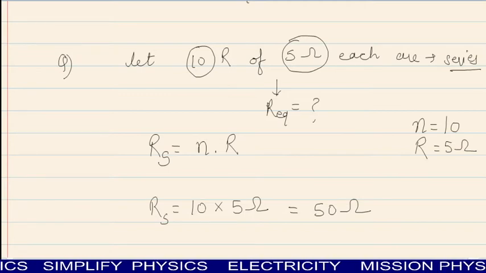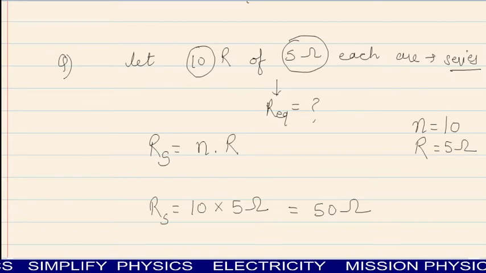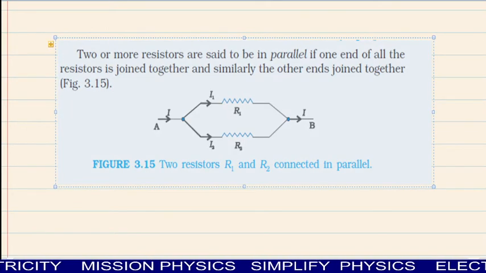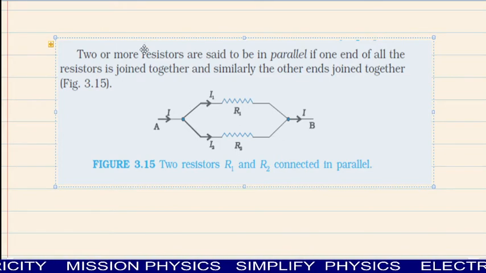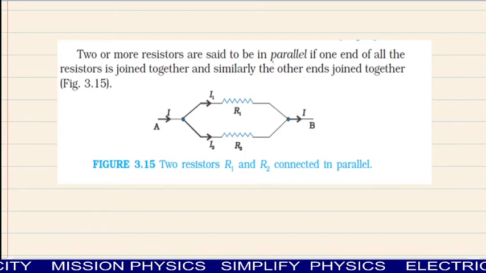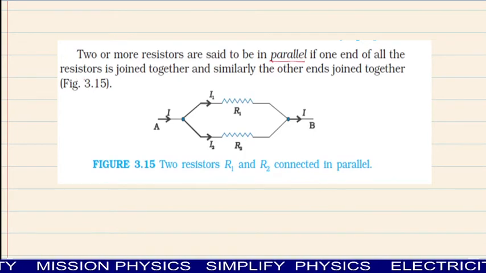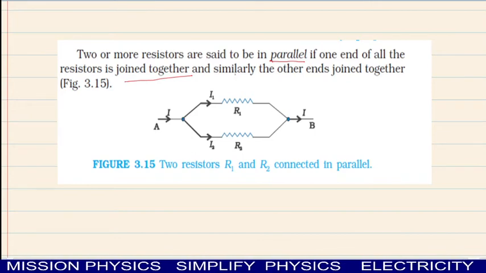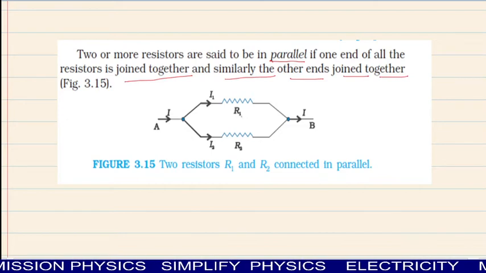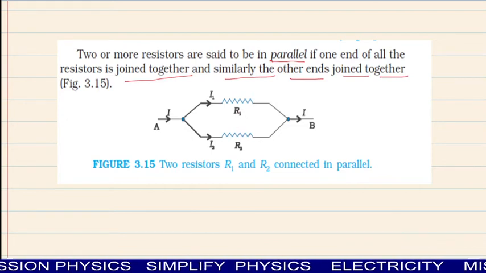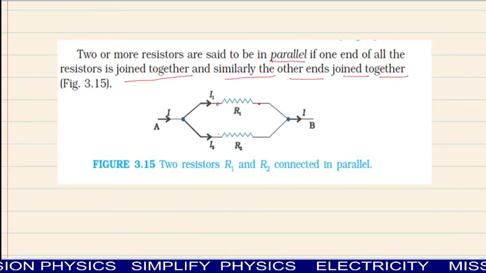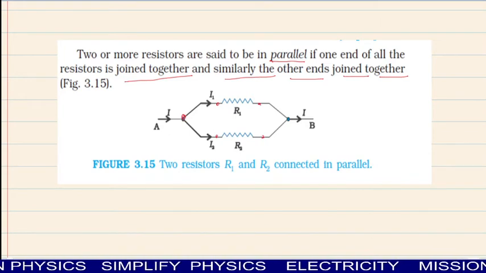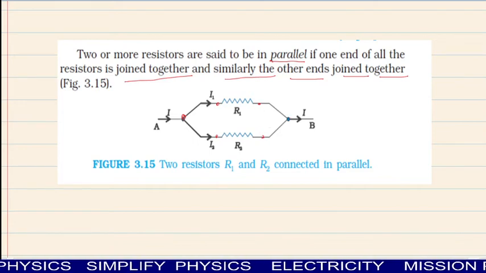Now we are going to study the next combination of resistors, that is the parallel combination। So you can see in the next figure, this is the parallel combination। So सबसे पहले हम definition देख लेते हैं। Two resistors are said to be in parallel if one end of all the resistors is joined together। सभी resistors का एक end हम एक साथ join कर देंगे and similarly the other ends joined together। जैसे आपके पास दो रेजिस्टर्स हैं R1 एंड R2, दोनों के 2 फ्री एंड्स हैं। तो R1 एंड R2 के लेफ्ट एंड्स को आपने इस पॉइंट पर एक साथ ज्वाइन कर दिया एंड अगेन R1 एंड R2 के राइट एंड्स को आपने इस पॉइंट पर एक साथ ज्वाइन कर दिया।